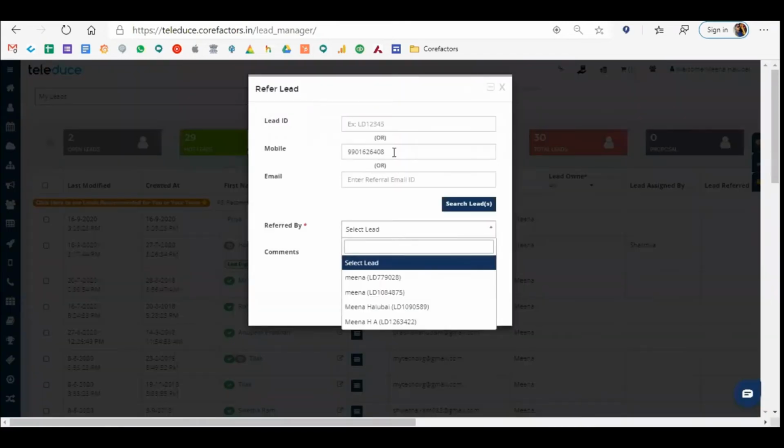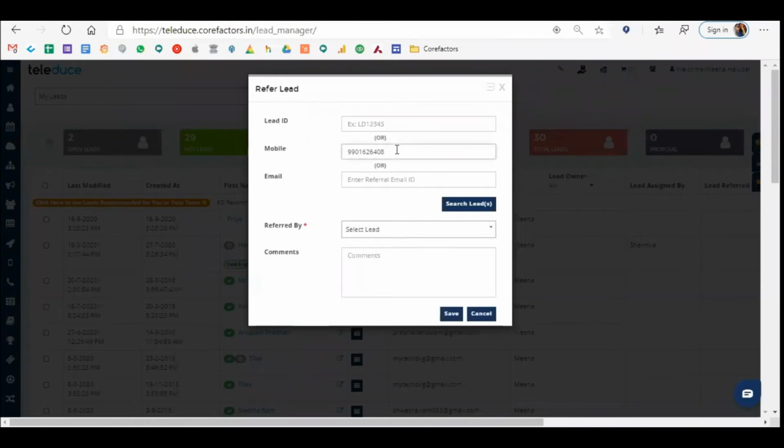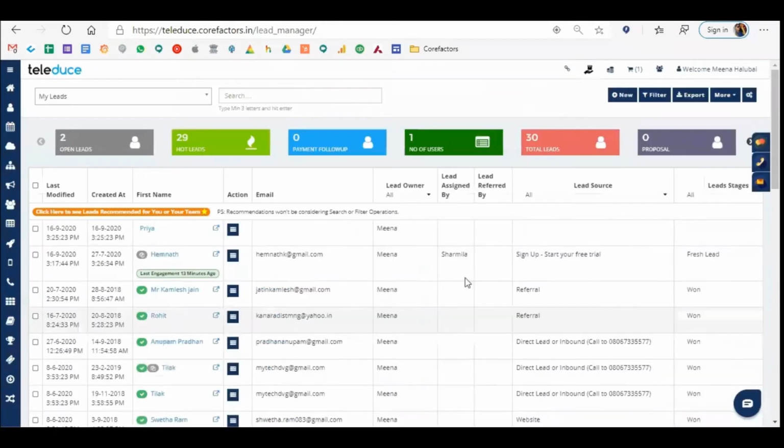Okay, so with this mobile number, I should be able to search someone who has referred me to Priya. Or I can take Hemant's mobile number and mark Priya as reference because Priya has been referred to me by Hemant. This information I can mark and save.